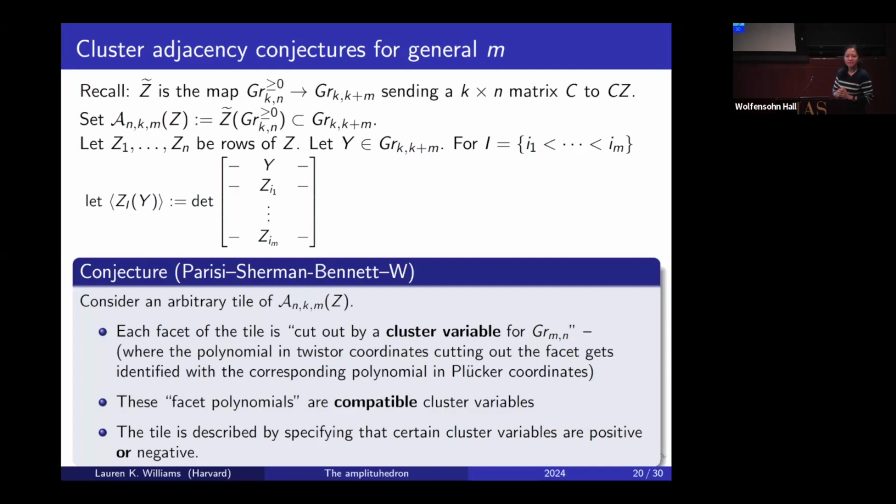In the first part, if I vary Z, how does the... That's a great question. Of course, the amplituhedron depends on Z, but what is really essential about these twistor coordinates is that the twistor coordinates have the dependence on Z built in. And so if we vary Z, the statement shouldn't change. The description of facets, all of that, nothing should change. If I take two different Z's, I'm going to get the same list of cluster variables.